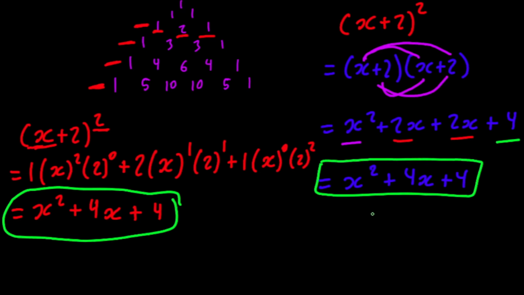But you might say, this method was a lot faster than this method. Well, yes, for squared, this might be the faster way. However, when using the bigger numbers, such as cube, power 4, power 5, using this method will take you so much longer and it will get so much more complicated. So if you understand this method, you can use it on larger numbers and it will simplify the more complex expressions you face. So let's move on to some more examples so that you get a better grasp of the concept. Let's say we have